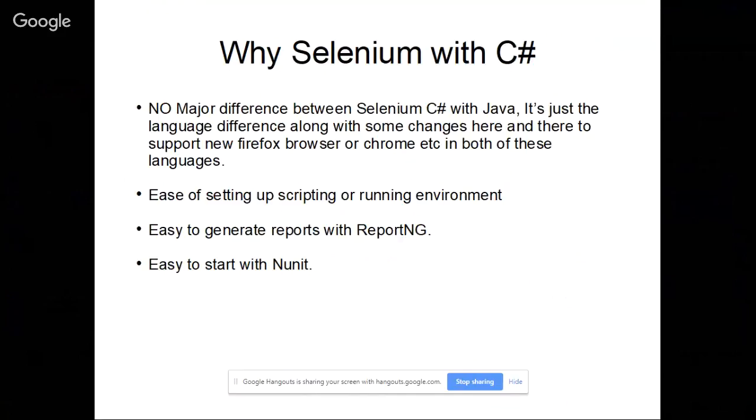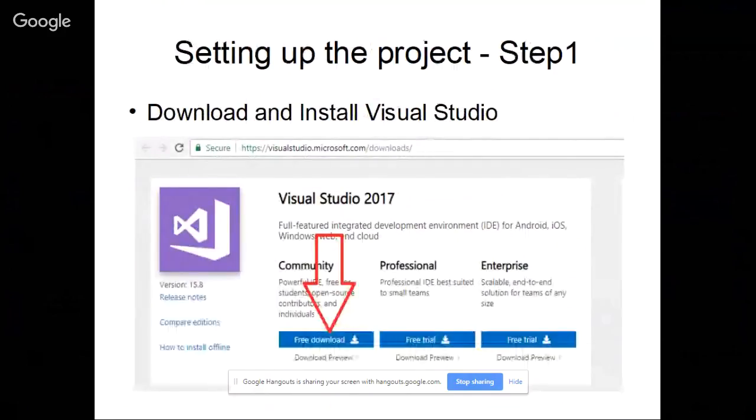There was a question about the same from the audience as well. Like TestNG, we can use NUnit, and all the things are super easy. We can start with that. First of all, we'll need an IDE for C Sharp. You can download and install Visual Studio Community Edition. Just go to visualstudio.microsoft.com, install it, and after installing,